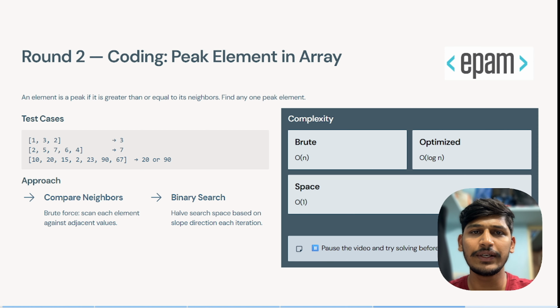First we need to explain the basic approach for them, and then we need to go for an optimized one. Here the best optimized solution for this is picking binary search and finding the element which is larger than both the neighbor elements. That will come up to a time complexity of O(log n), which is logarithmic time complexity, and which is the optimized solution for this peak element in the array. So you can pause the video and solve this problem and click next.